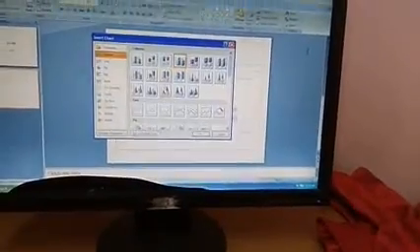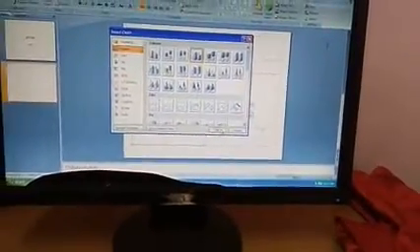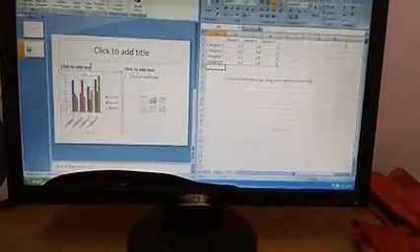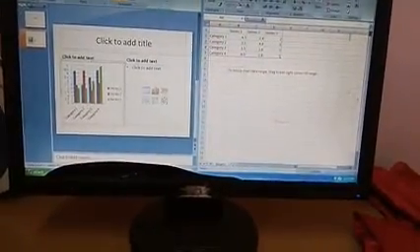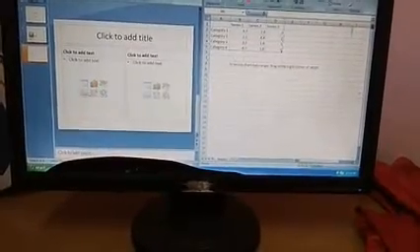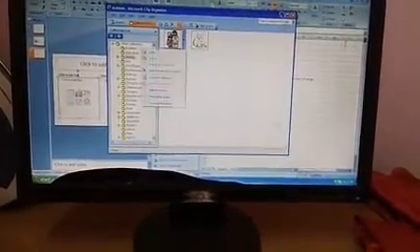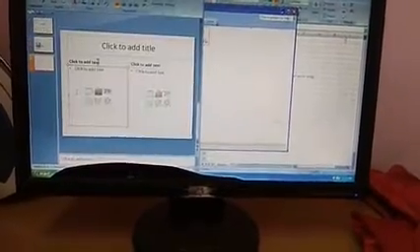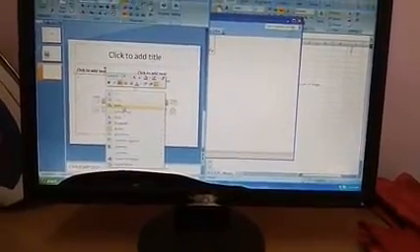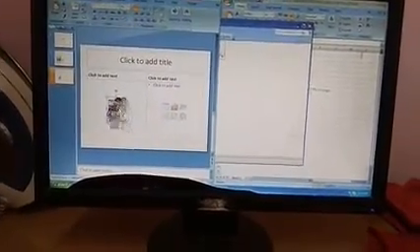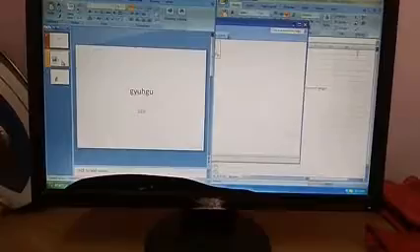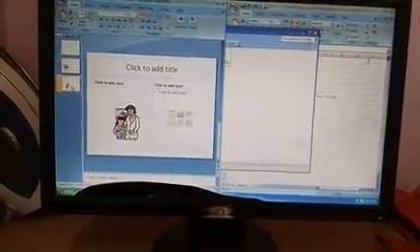Yes, so I'm going to select here one type of chart. All right, then one more slide which will contain, say, a clip art. Yes, so I hope you remember clip art options. Go for organize clips, office collections, and then go for copy and then paste a symbol over here. Okay, all right, so we have created 3 slides, the first slide, second slide, and the third slide over here.